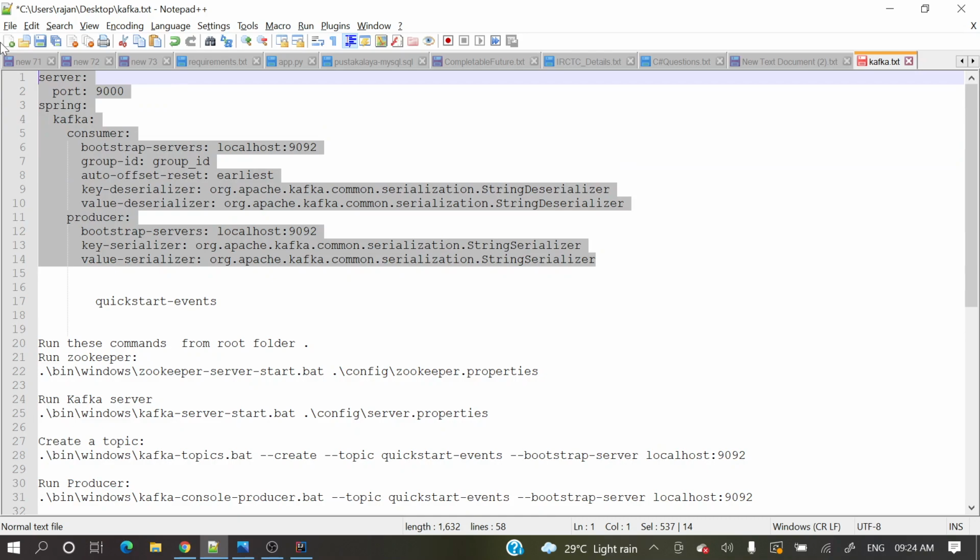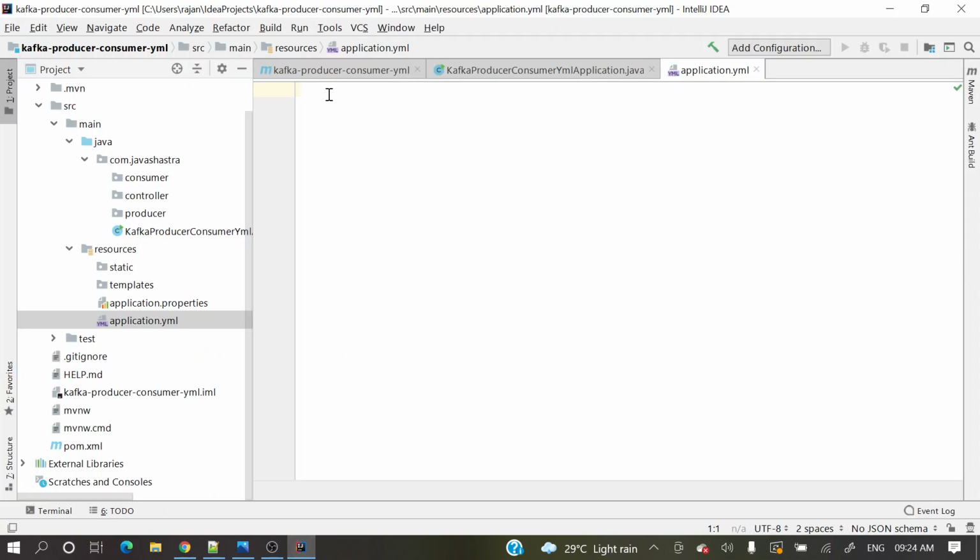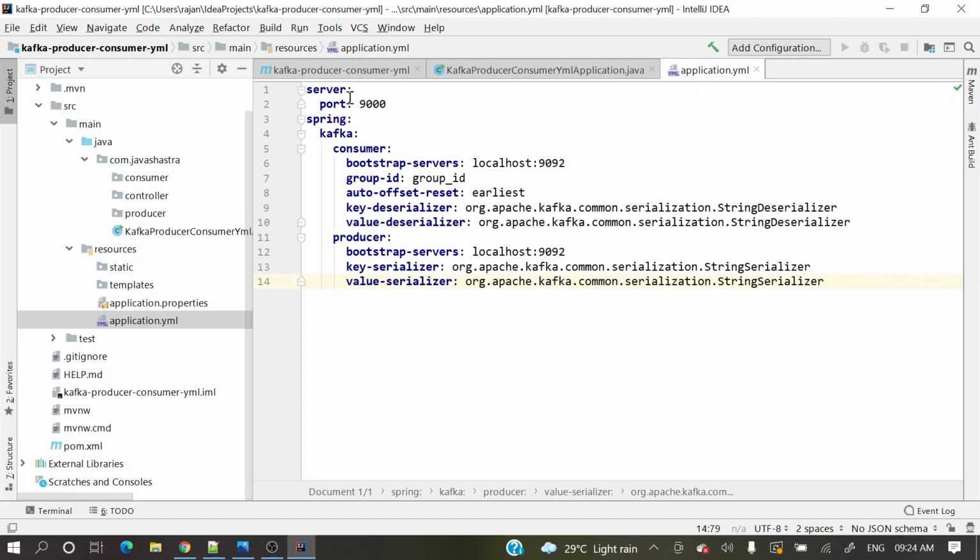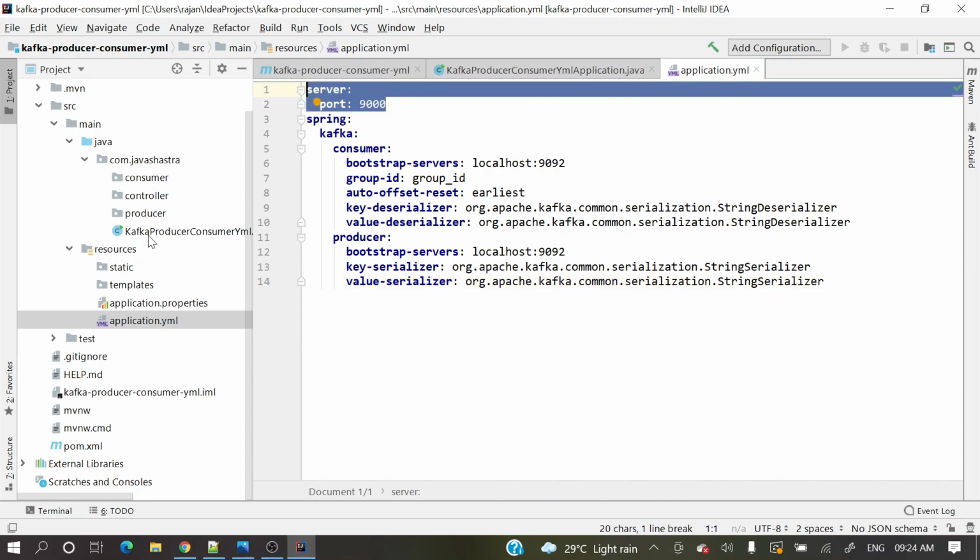Let me copy and paste these configurations. This is the server port: this application will run on Tomcat, on port 9000.